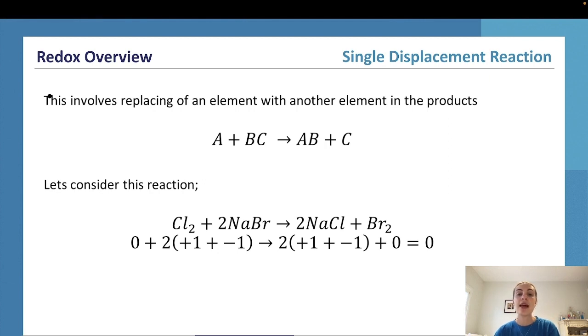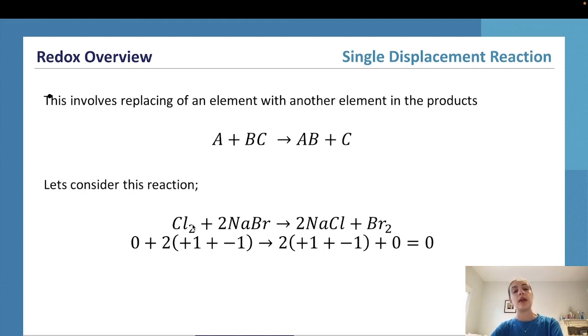And so we can say that this is a redox reaction because not only is this a single displacement reaction in which we can see that in this compound of NaBr we're swapping out the bromine for chlorine, but it's also a redox reaction in that we can see the